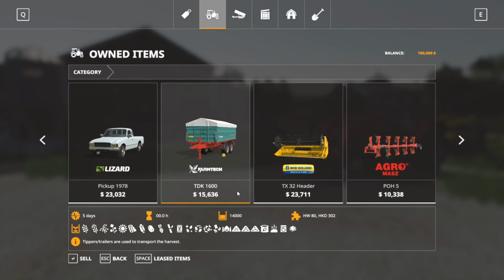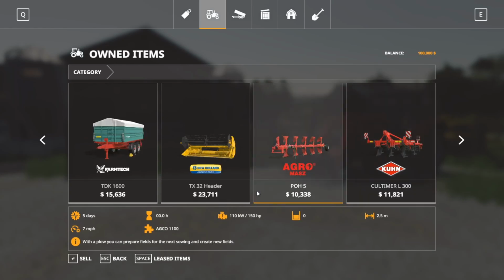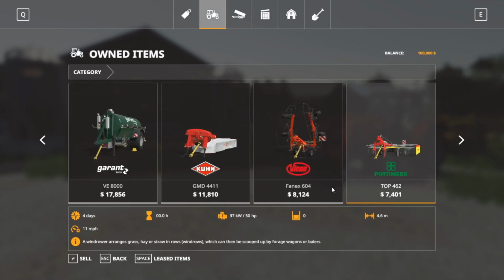You have a decent trailer, a TDK 1600 from Farm Tech. You also have the header for your New Holland TX32. Then you have a small plow, small cultivator. You have a small seeder, but it's a direct drill, which is really nice to have. Then you have a solid fertilizer spreader. You have a slurry spreader, which is awesome, as well as a mower, a tedder,